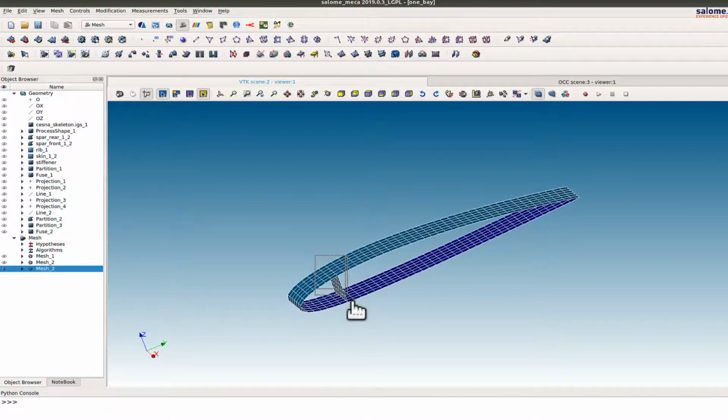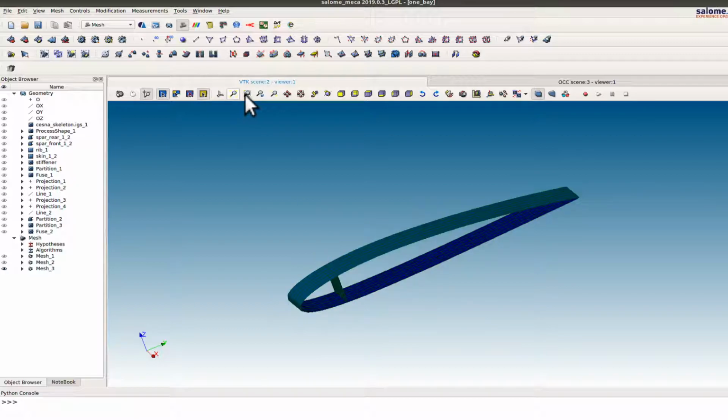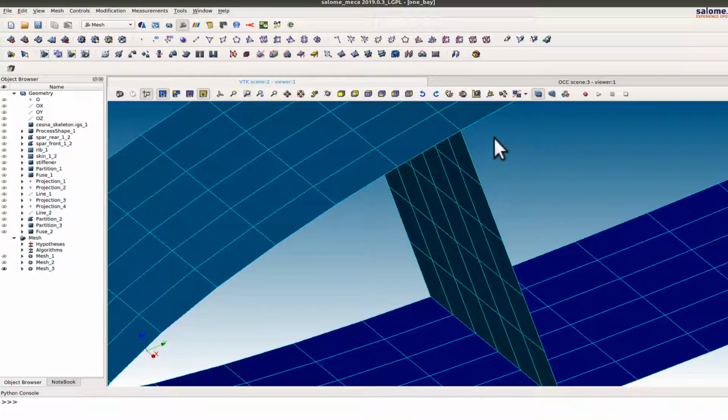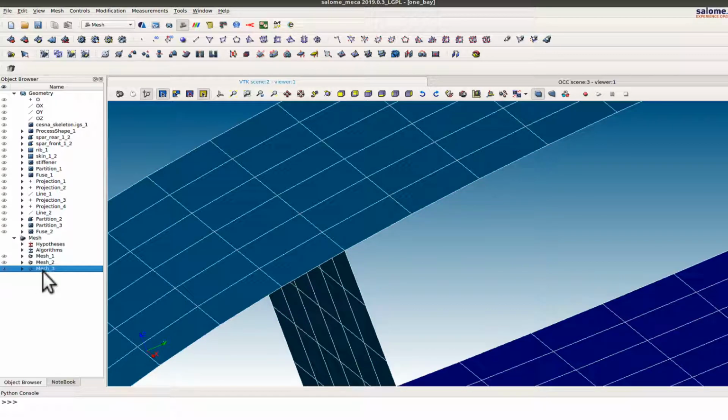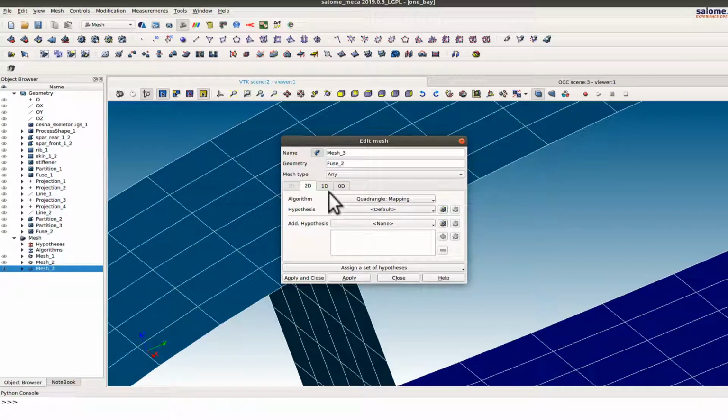So if I zoom into the area, as you can see here, I got the coincident nodes, and I can control the element numbering. For example, let us change the element length to some different value and see how that mesh changes. So if I were to change the local length to a smaller value,